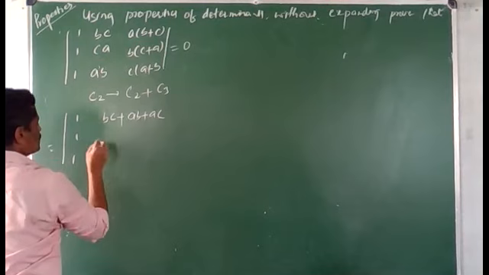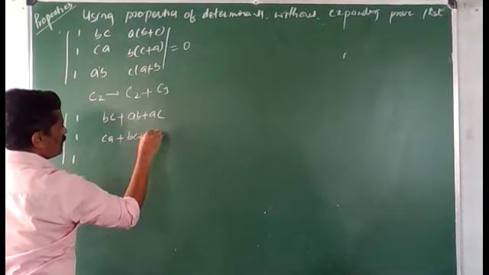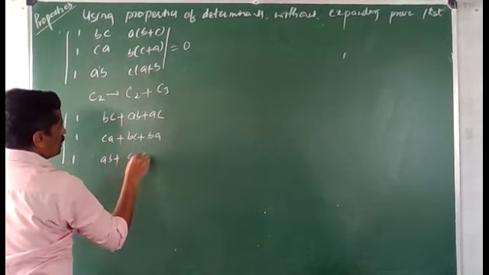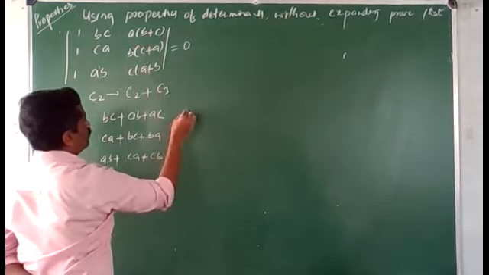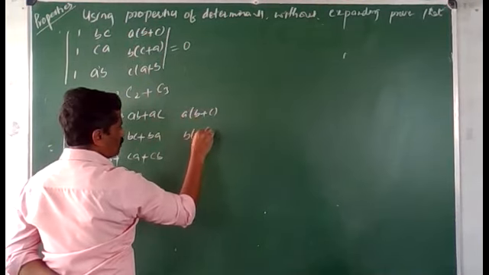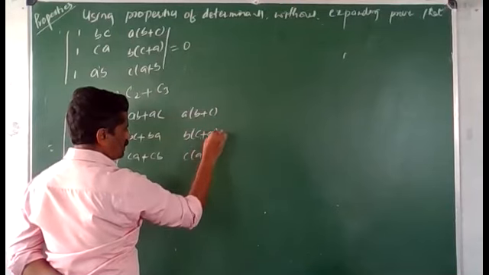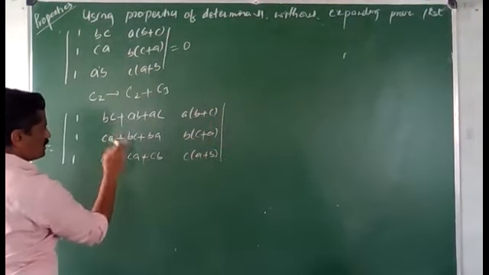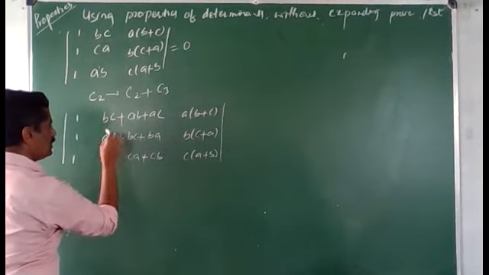Again adding this, that is CA plus BC plus BA. Again that is AB plus CA plus CB, right? This as it is. Therefore, that is A of B plus C, B of C plus A, again C of A plus B, A plus B. So we have the same terms: BC, AB, AC. Okay, same terms. Now you can take this